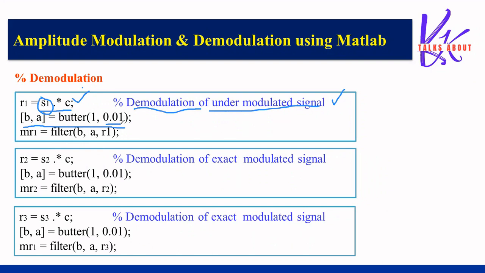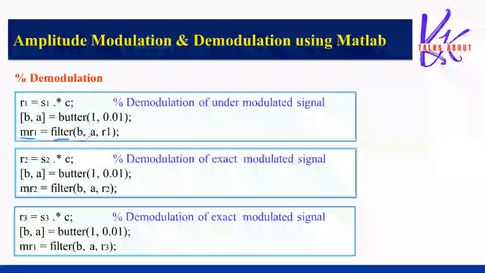This is the normalized cutoff frequency of your filter. We are defining it as 0.01. So we are applying a Butterworth filter of order 1 with a normalized cutoff frequency of 0.001. Then we are defining the filter, that is the wave MR1, the demodulated wave MR1 filter of Butterworth